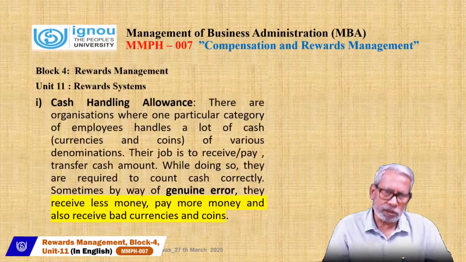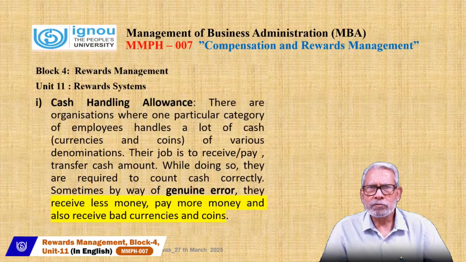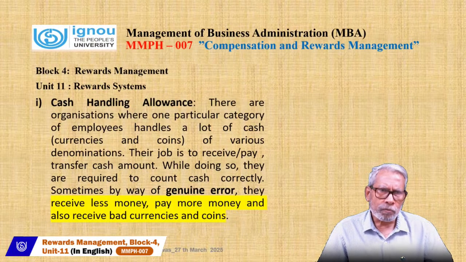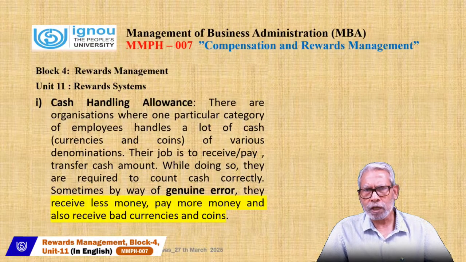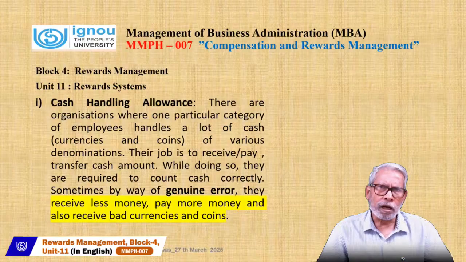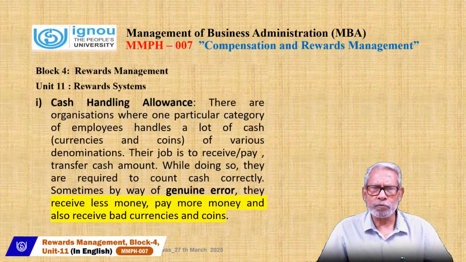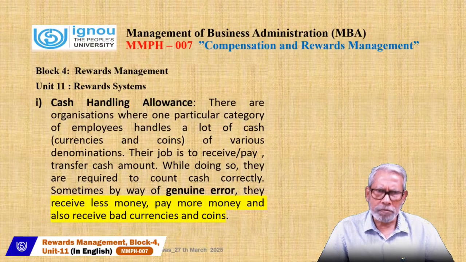Then cash handling allowances. Some of the critical areas, for example those who are cashiers of a bank, or a company where cash handling is there, have some allowances. For handling the currencies and coins of various denominations there is great responsibility, and sometimes while receiving the money there are chances of mistakes. So that money adjustment they have to give from their own pocket. So that type of allowances are